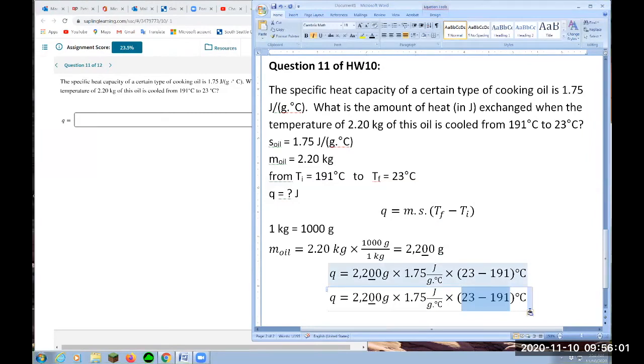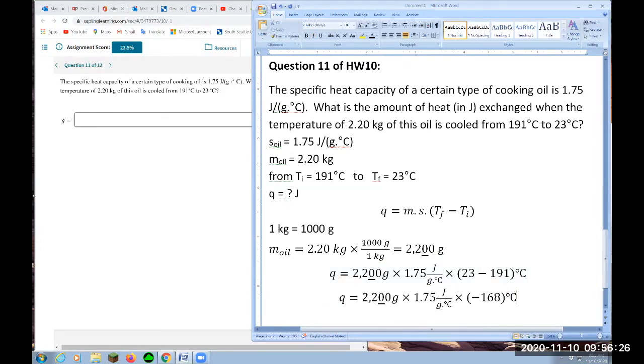So 23 minus 191 is negative 168 according to my calculator. So make sure you have your own temperatures there. That's the intermediate answer for the temperature. So now let's calculate that. So it's